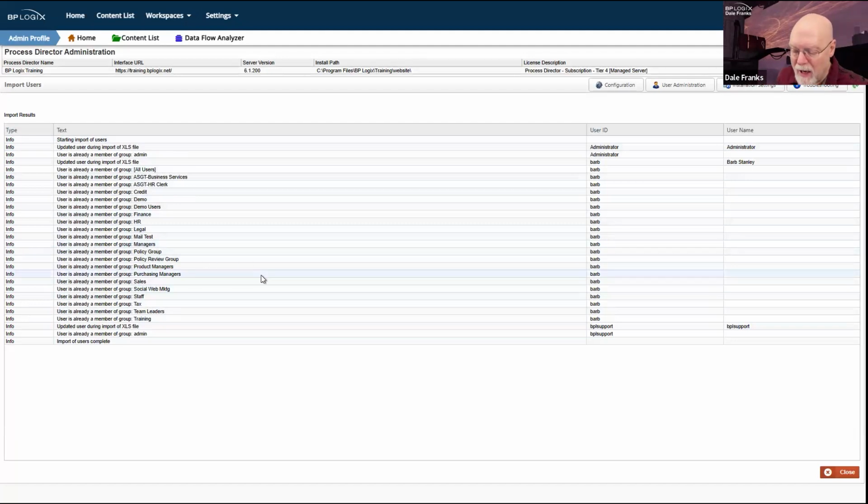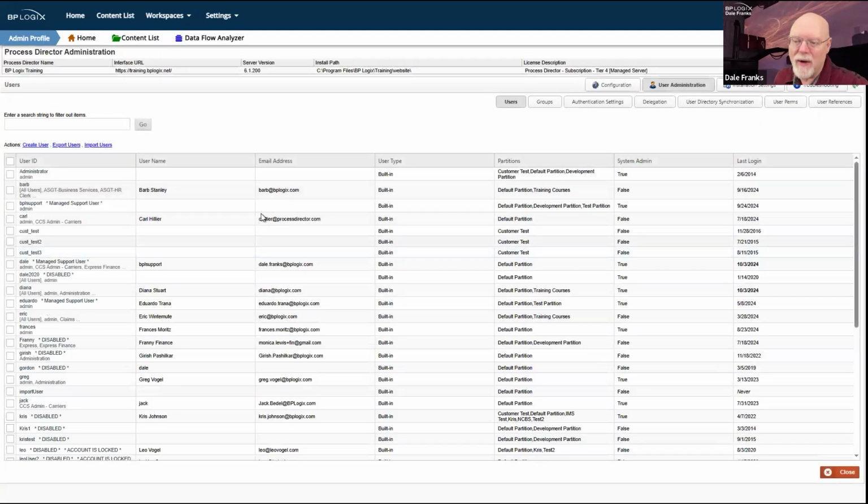So I can export users, make changes. I can export a single user, make that change, and then re-import that single user, or I can export a bunch of users, disable them all, re-import them. So it does enable you to manage via Excel, importing and exporting all at one time. And this is all done at the user section.